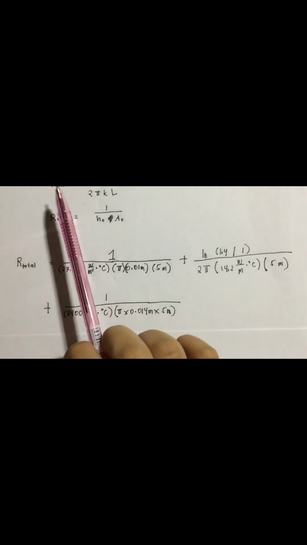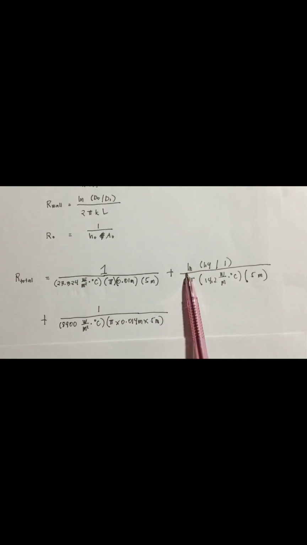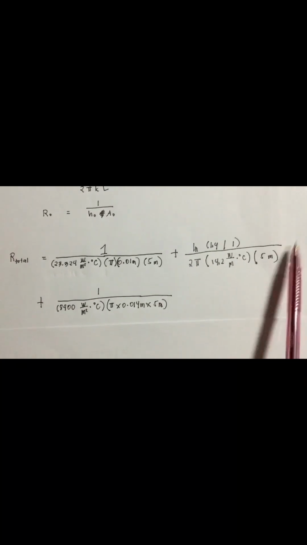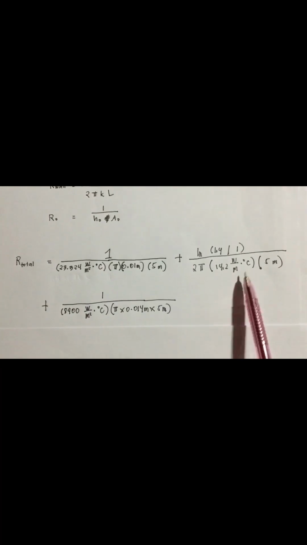For the resistance in the wall, we have Ln of our outer diameter, which is 1.4, over our inner diameter, 1, over 2 times 3.1416 times our thermal conductivity, which is given 14.2 watts per meter degrees Celsius,